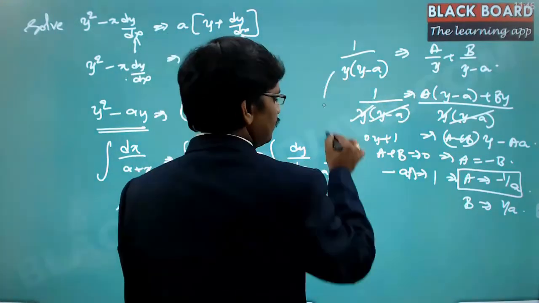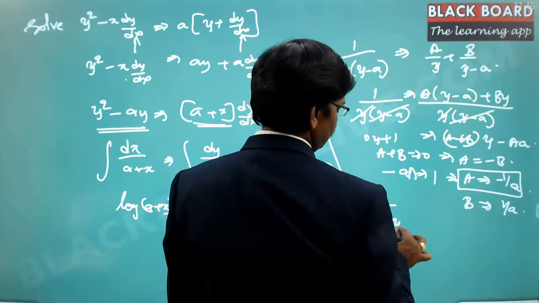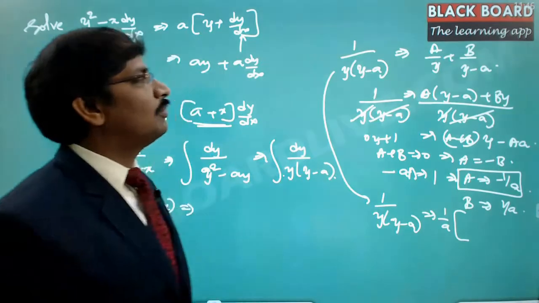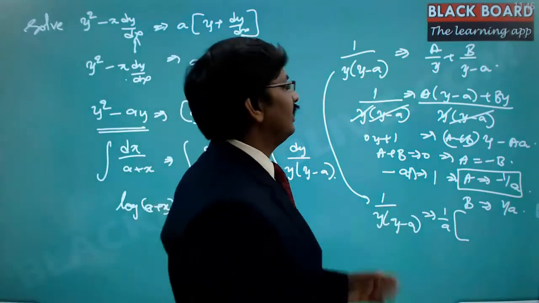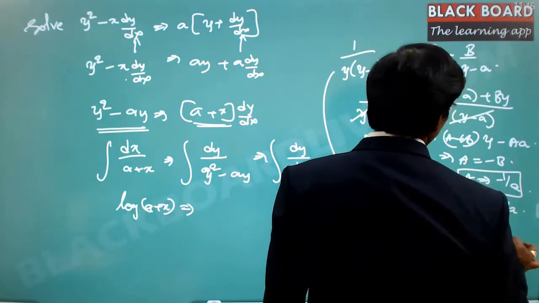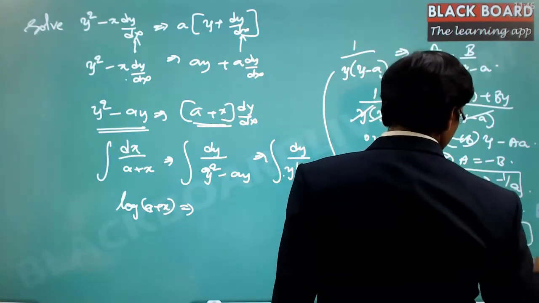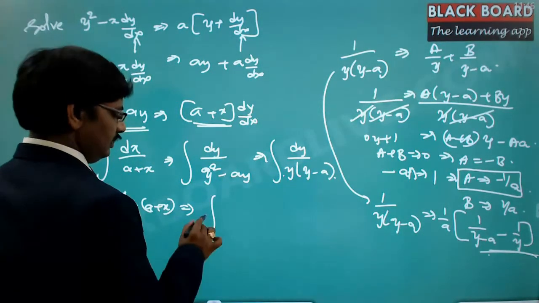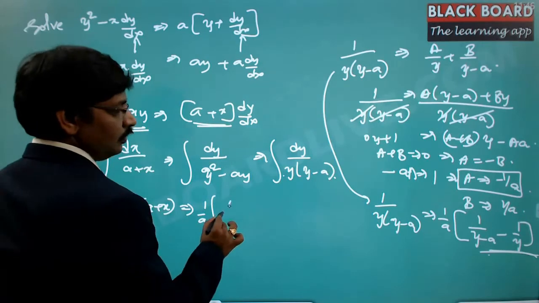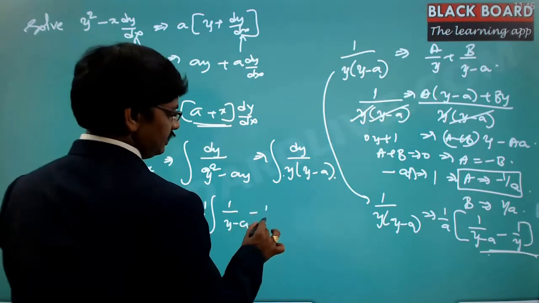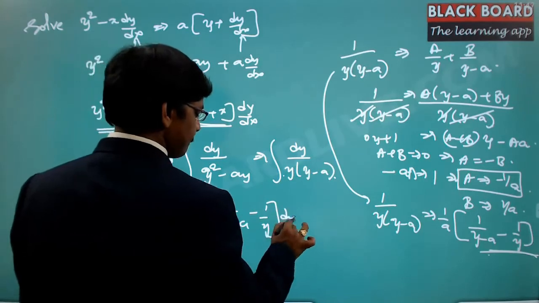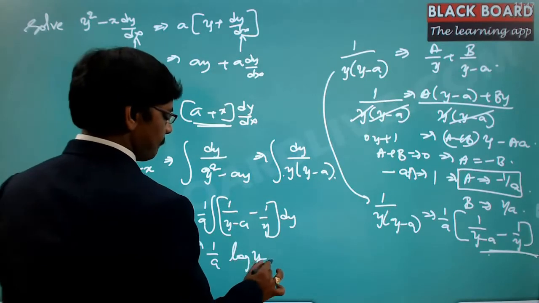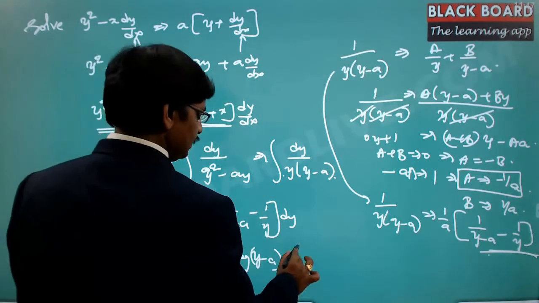If you put it in this equation, 1 by y into y minus a, you can replace it as 1 by a, which you can take out, and then that is the B value: 1 by y minus a minus 1 by y. So this is the value. Now you can do the integration of this. Integral, 1 by a you can take out, 1 by y minus a minus 1 by y dy. So here this is 1 by a log of y minus a minus log y